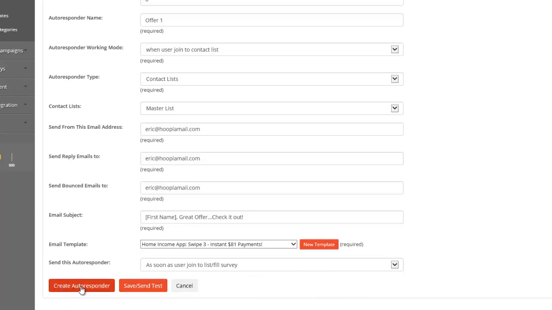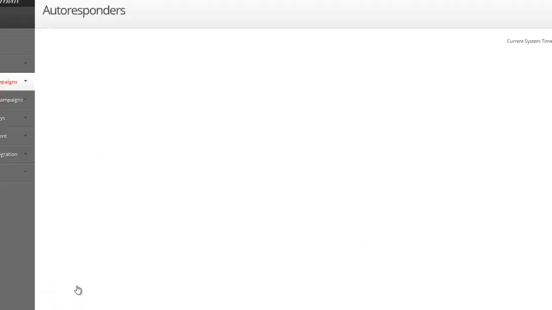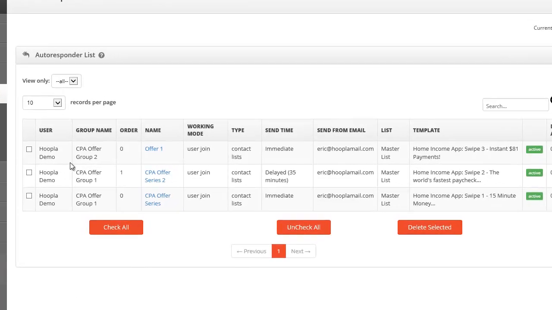If you create the autoresponder, it publishes it, it makes it live. Obviously, we're not going to be sending anything out until somebody subscribes to the list, but you could also save it and send test. And just like in the email campaign, it will not be live if you select save and send test until you activate it. But in this case, we'll just go ahead and create autoresponder,